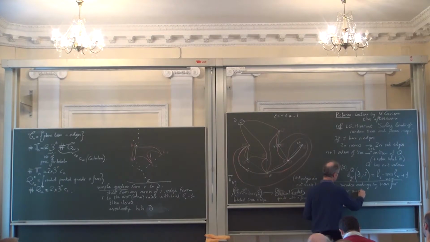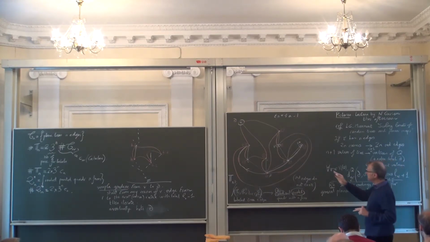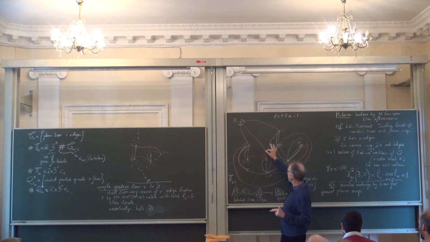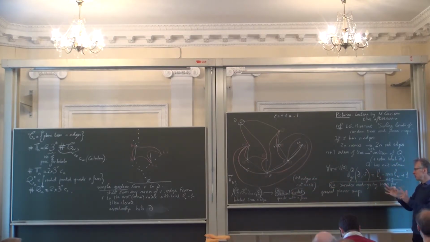So really, there is a kind of general property which is not fully understood, in my opinion, which is the fact that this planar structure of the planar map, you can always code it in some sense by a tree. Okay, so there's always a hidden tree structure. And this has been studied by many people.